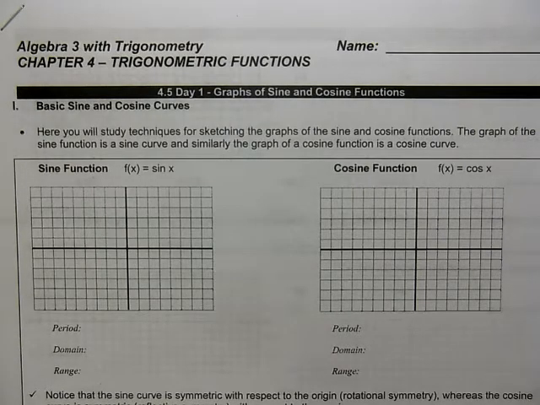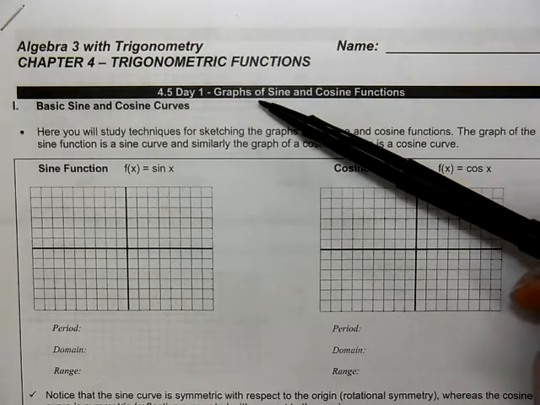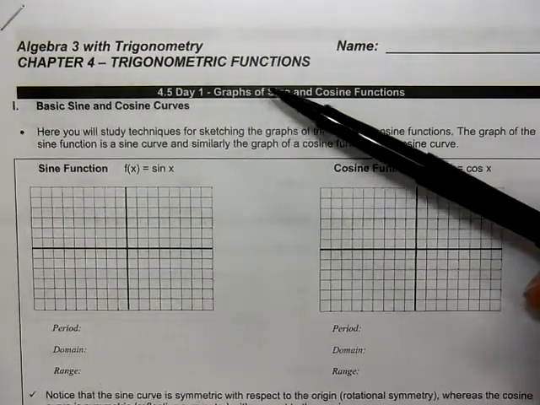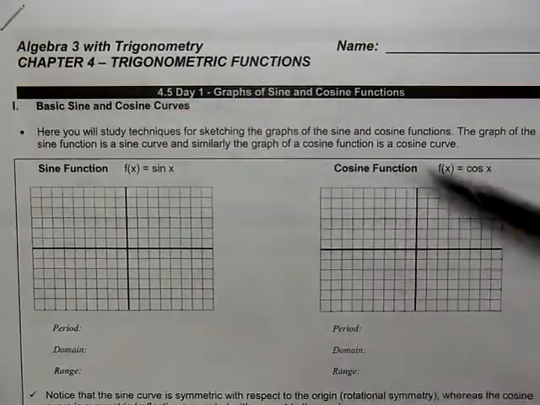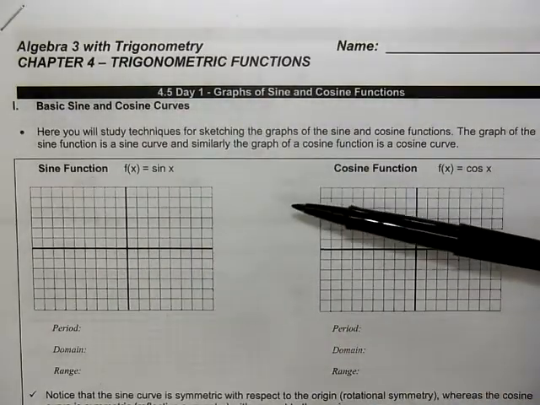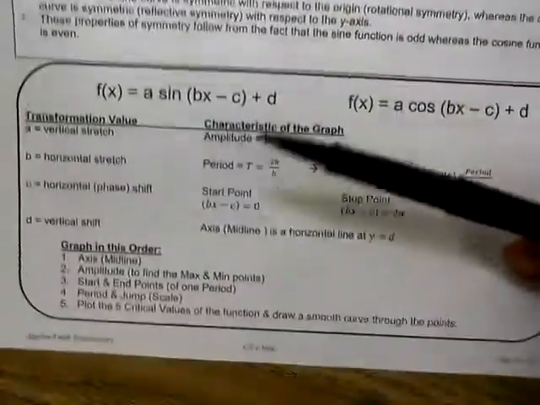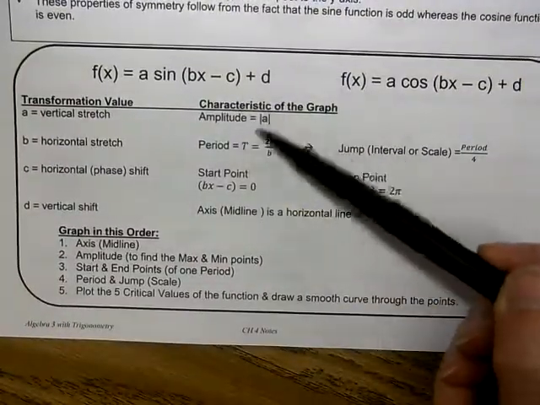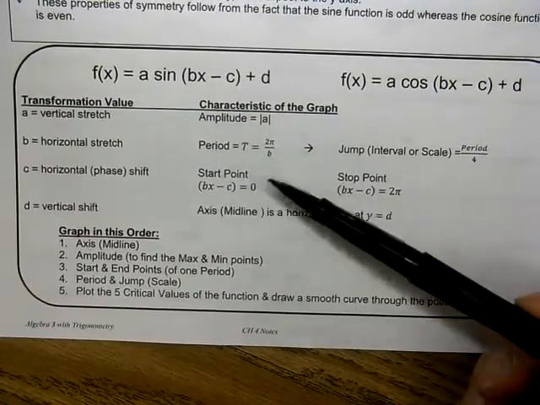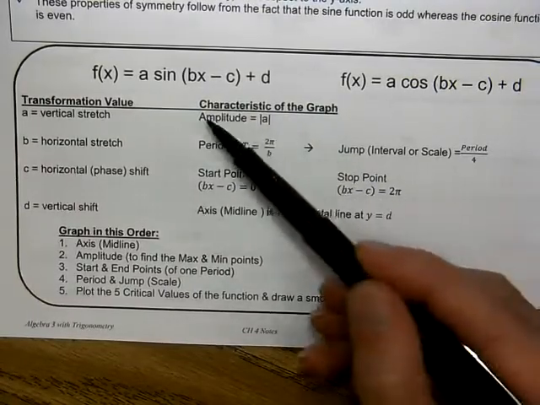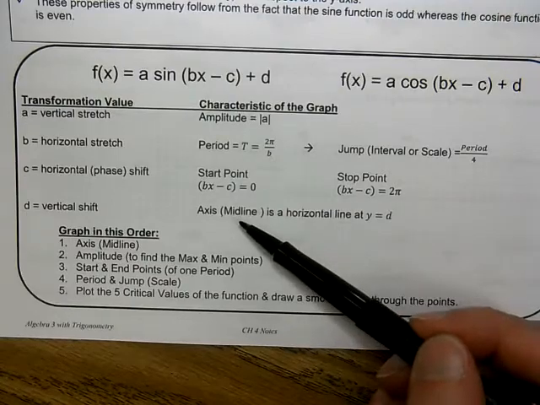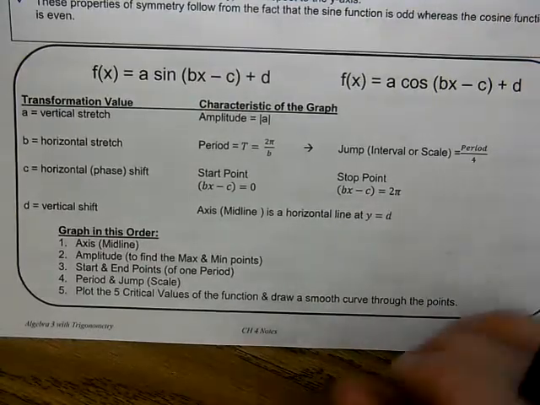All right, hello everyone. We're looking at 4.5 day 1, and we're going to talk about how to graph sine and cosine functions. And here we have the parent function, so these are going to go over the basic shapes and the vocabulary that we're going to use at the bottom of page 1. These are the specific formulas, if you will, the methods we're going to use to find each of those values. And then on the next page, we're going to learn how to assemble all of those values to graph it